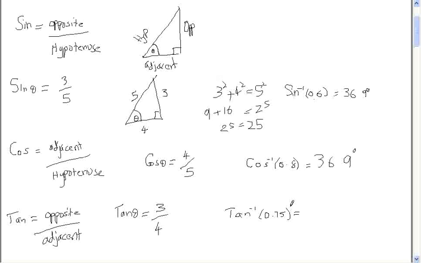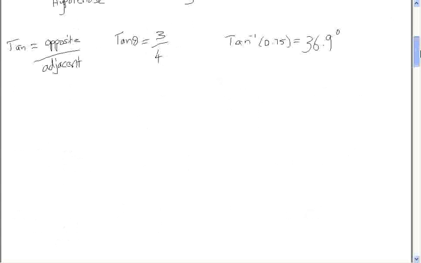Yes, I got the same answer in fact, so that's 36.9. So for an angle of 36.9 within a right angle triangle will always give you this ratio. Even if I change the dimensions of a right angle triangle but I maintain that angle of 36.9, in this right angle triangle this side is going to be 5 and this side is going to